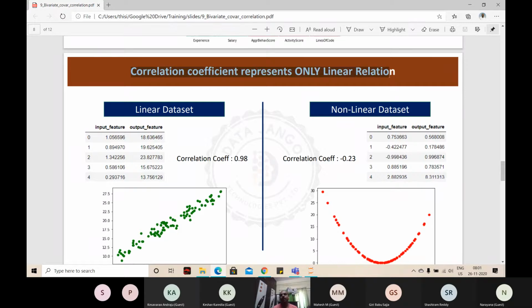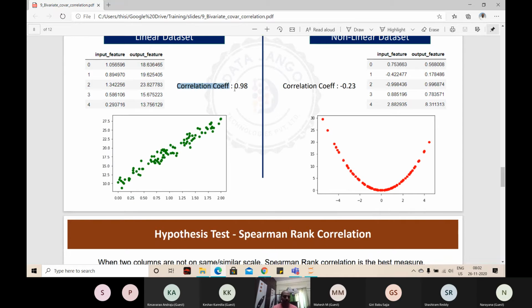Correlation coefficient represents only linear relationship. The number is representing the linear relationship only. If there is a non-linear relationship, the correlation coefficient we calculated cannot explain it. So what is the solution? I said that you can use correlation coefficient to understand relationship and decide whether a feature is important or not. Now I am saying that by just looking at the correlation coefficient you cannot decide. So you need to look at the correlation coefficient as well as the scatter plot.